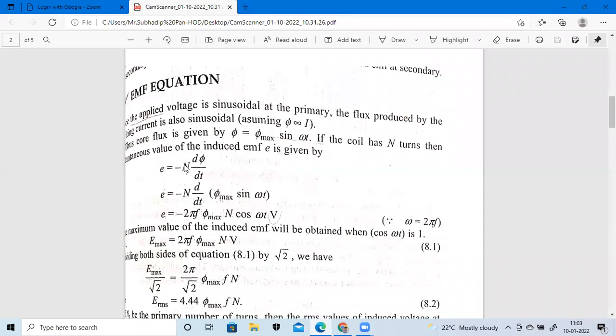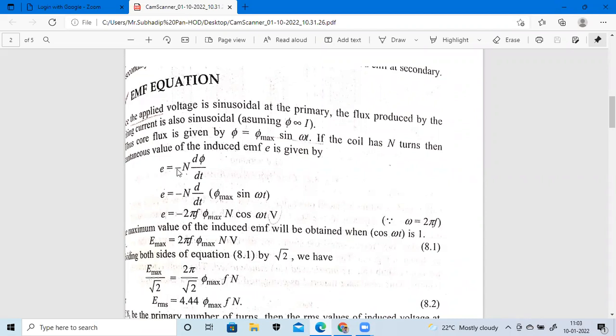The effect always opposes the cause. Speed is the cause, trajectory is changing; the effect always opposes the cause. So what is the effect here? The EMF induced in the coil, and the cause is the supply voltage given to the primary coil. So due to Lenz's law, a negative sign is put in the EMF induced equation.